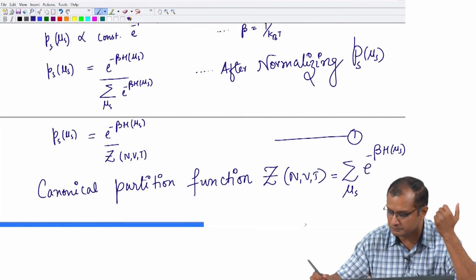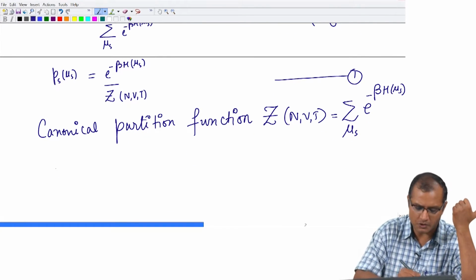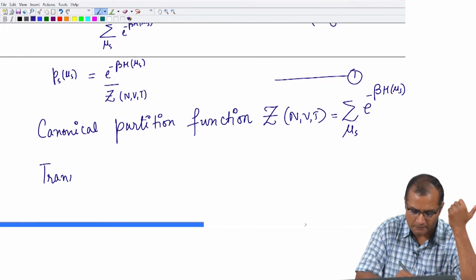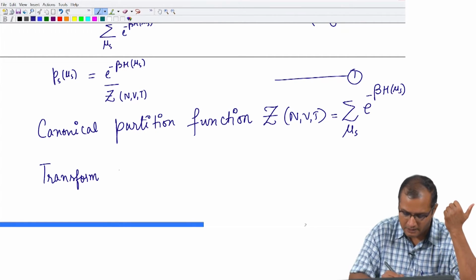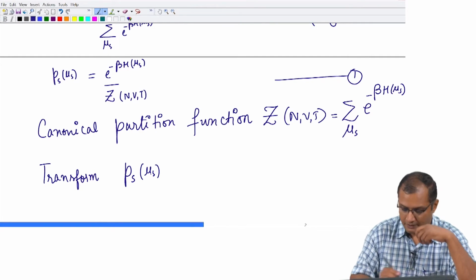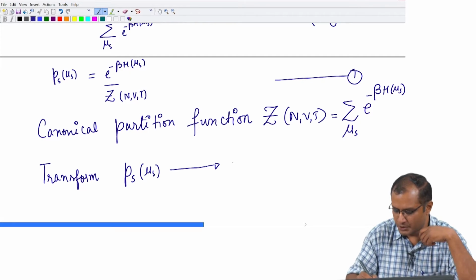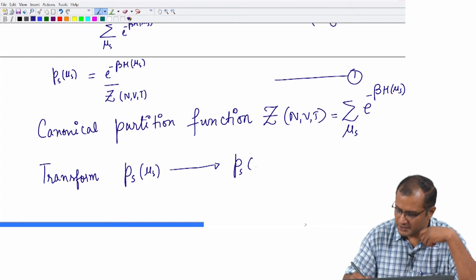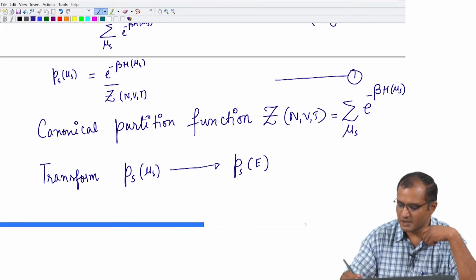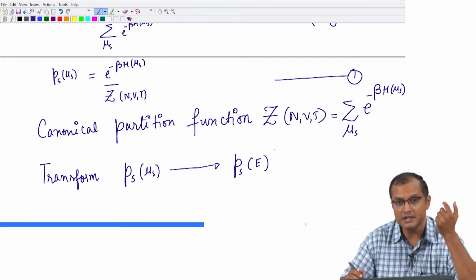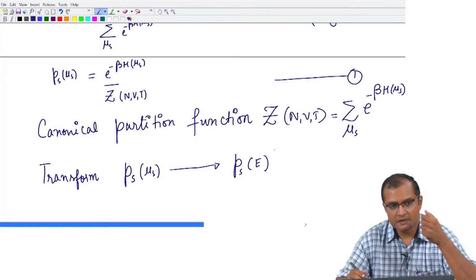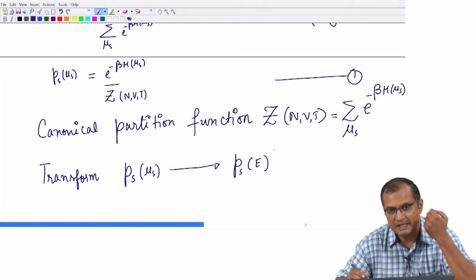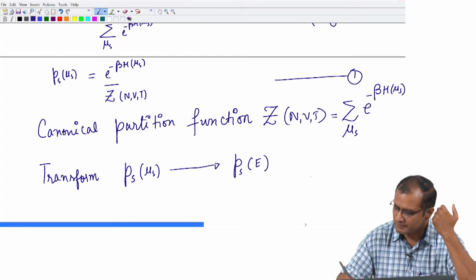Now, I am going to transform my probability distribution from the microstate world to the energy world. So, I am going to write down this PDF in terms of energy E. The reason why I want to do it is because a large number of microstates may be degenerate, may be sitting at the same energy. Okay. For example,